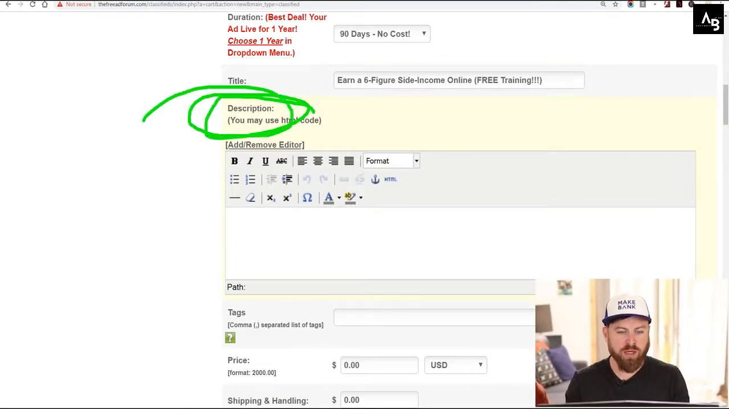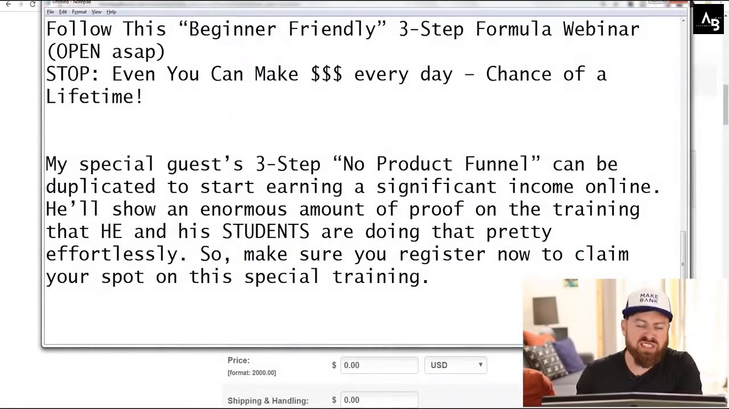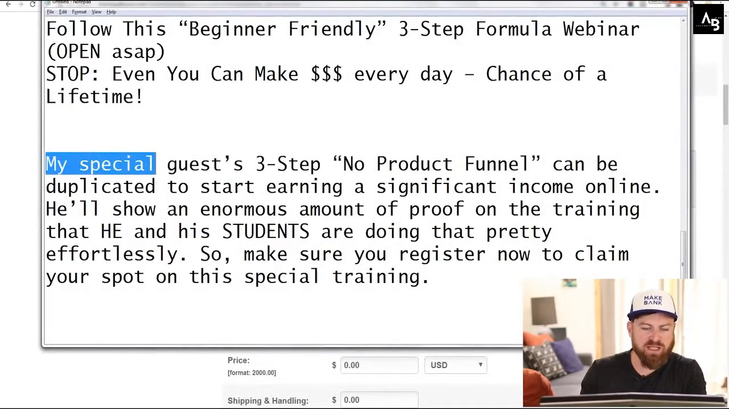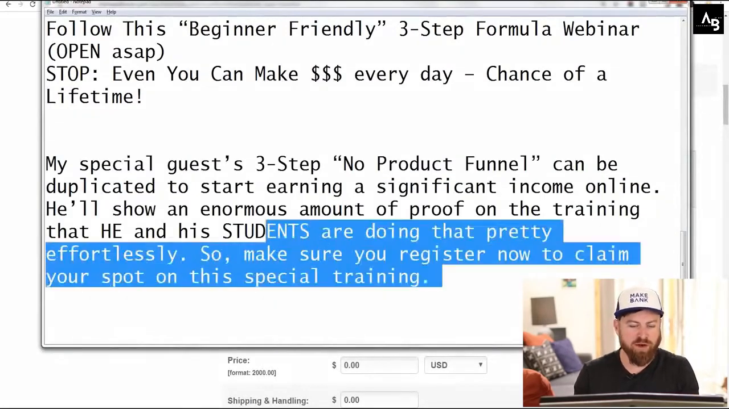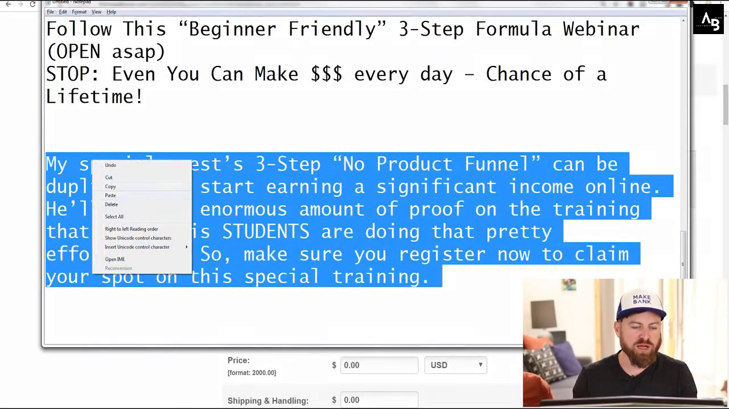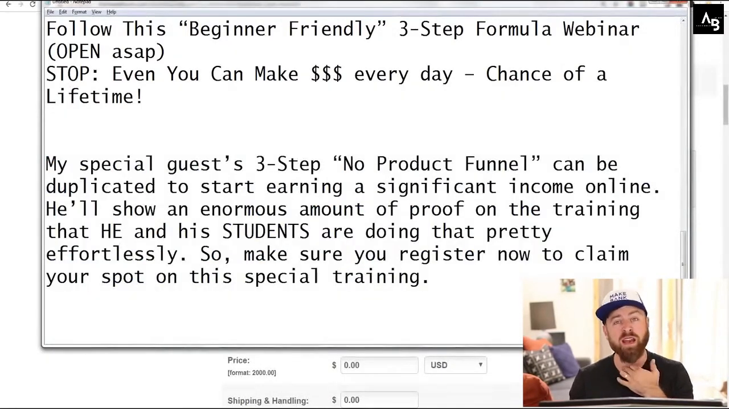So the description, what will we post here? Now I've put in just a sample description here, and I just say my special guest 3-step no product funnel can be duplicated to start earning a significant amount of money online. So I'm just gonna copy this, and this is something you can do too. You can write this out, and I'm going to try to put this information